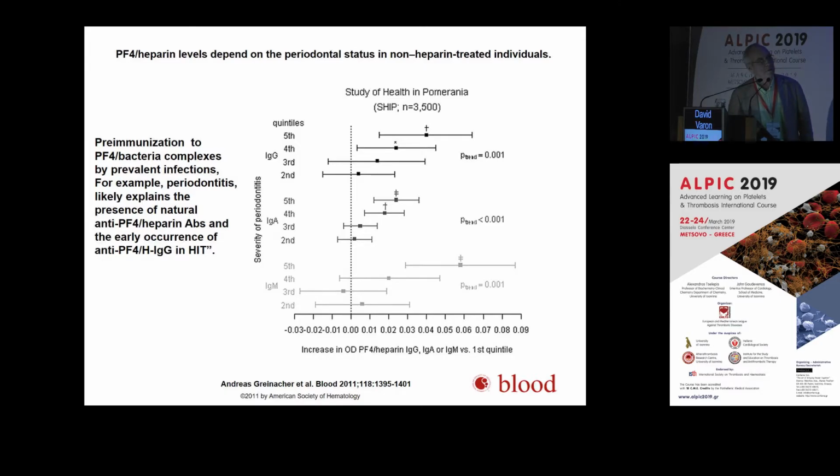They showed that in people with periodontitis, the higher the severity of the disease, the higher was the titer of the IgG, IgM, and IgA anti-platelet factor 4 heparin antibodies. In other words, these people never saw heparin, and they still produce these antibodies,